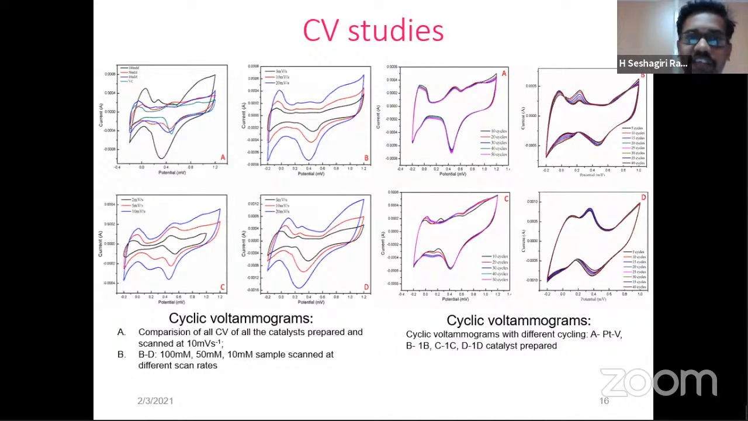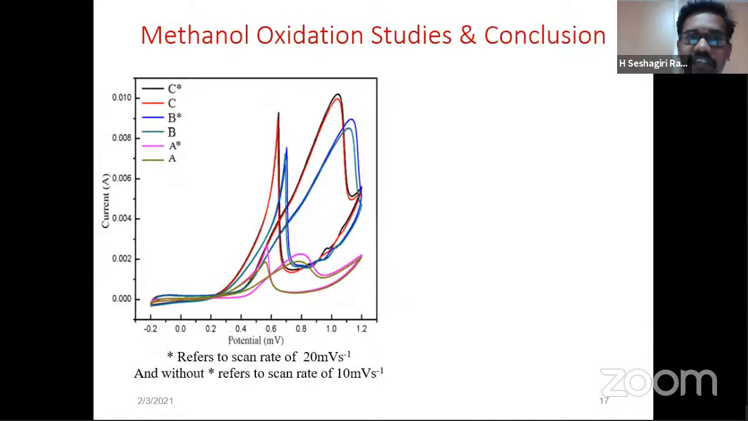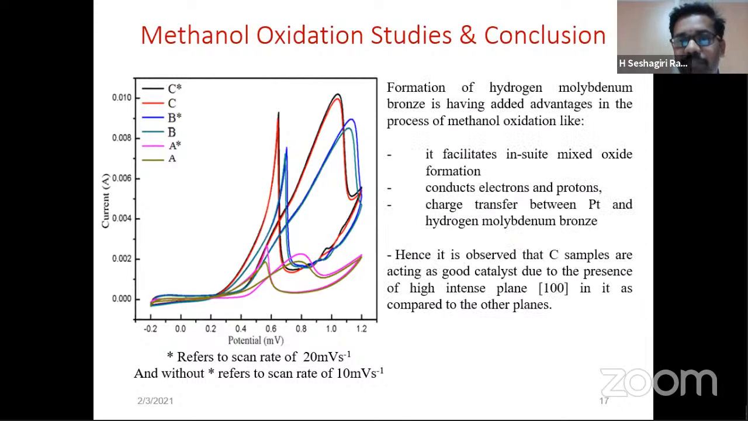Then further, for the oxidation studies, it was observed that the C sample showed the highest activity. Here, the star mark indicates 20 millivolt per second as the scan rate, and without the star mark it indicates 10 millivolt per second as the scan rate. Then here, it's very clear that the sample prepared using 100 millimolar showed good catalytic activity. This is because of the in situ mixing and formation of the platinum bronze or the